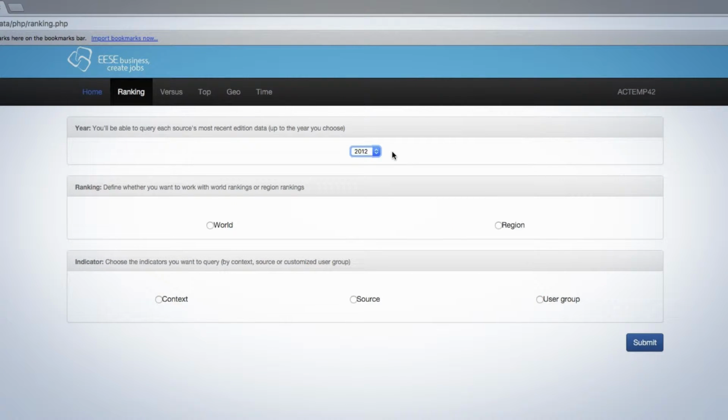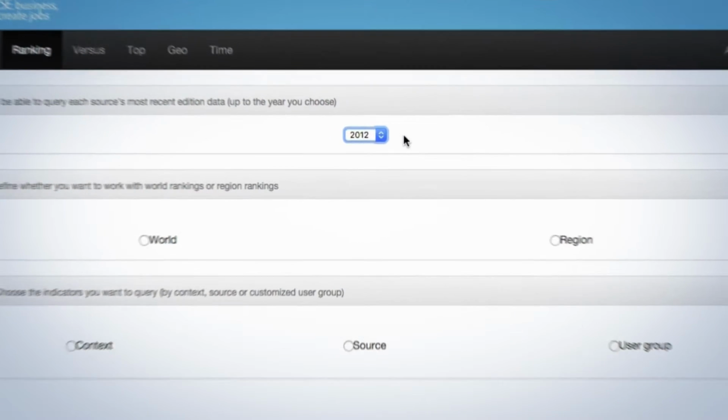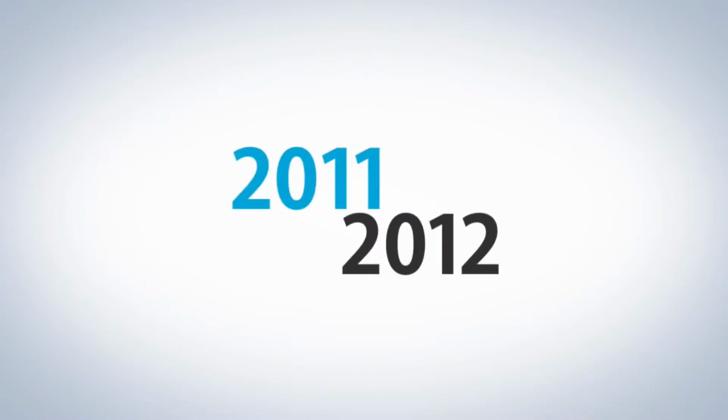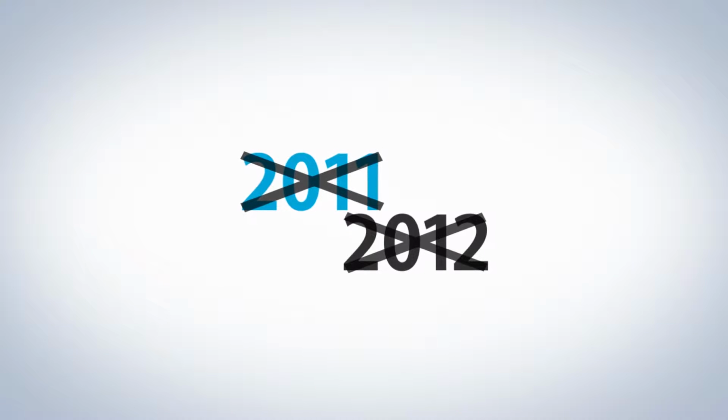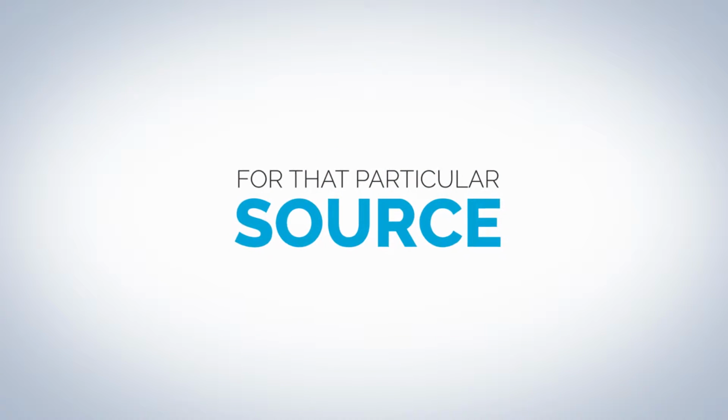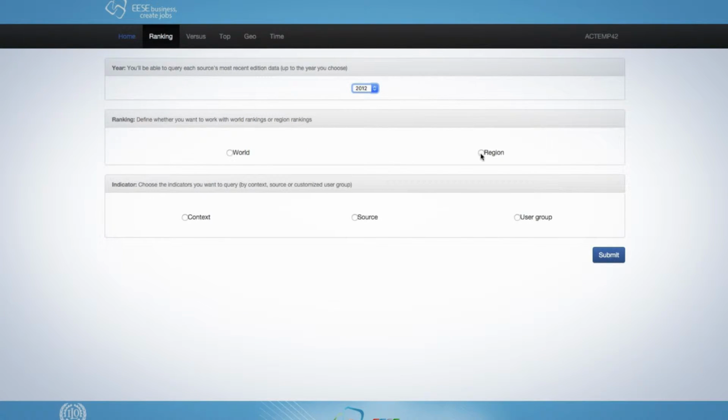For example, if he chooses the year 2012 and a particular data source has information for the year 2010, but not for 2011 and 2012, then the application will work on the basis of data from 2010 for that particular source. Now, let's imagine that we are interested in analyzing the position of 3 economies in Latin America and the